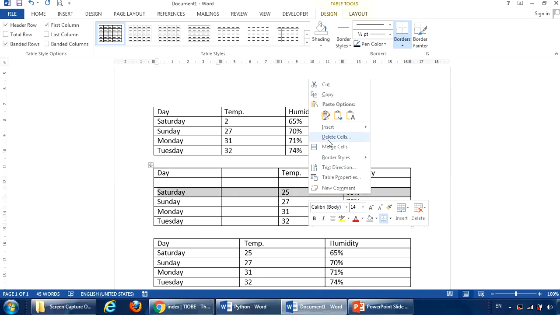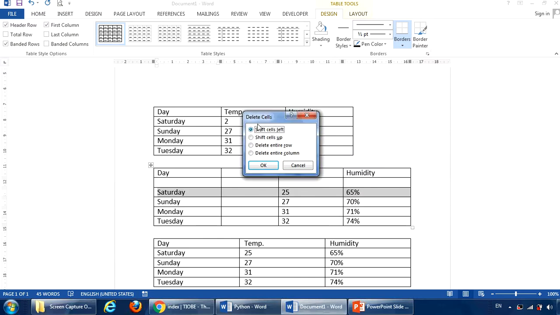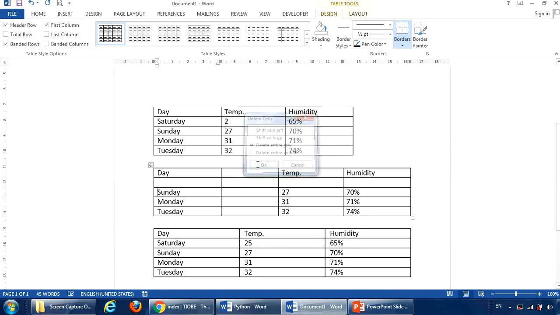Okay, if I click like this, again I want to delete this one, right click, delete cells. You can see here I got delete cells, and then from here I can choose delete entire row or delete entire column. Because I want to delete the entire row, I'll click here and click on OK. So this is how we can delete a column, or how we can delete